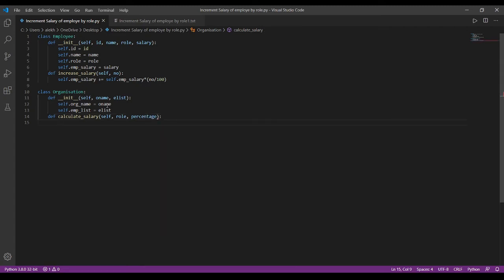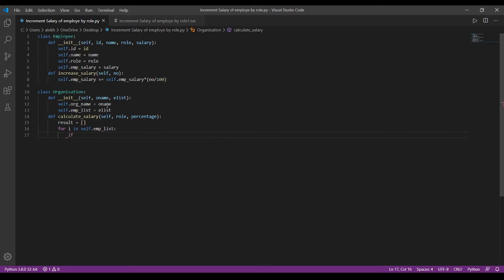Here we need to take result, an empty list. For i in the employee list we created, here we are taking each and every object present in the employee list.